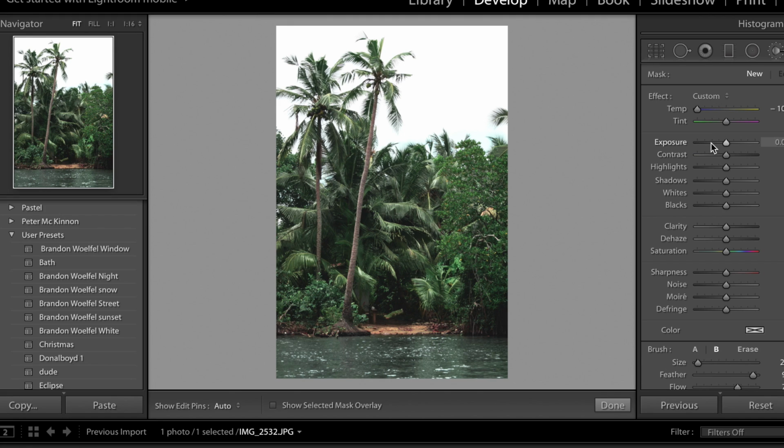So we can take down the exposure, make sure everything's set back to 0, but just bring down the exposure a little bit. And in the areas where there's shadows, we're just going to brush over a little bit, just to bring a little bit more selective contrast into the areas of the photo that we think we need it. And then we're going to go back and do the opposite. We're going to work with the highlights, just increase the exposure, just to make some of these leaves stand out and pop a little bit more out of the image,